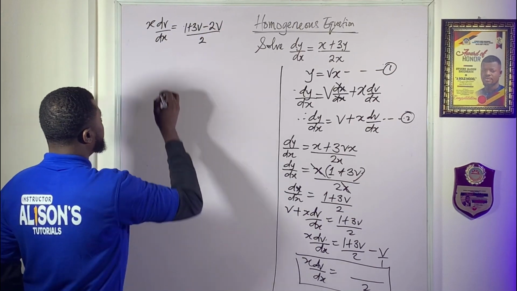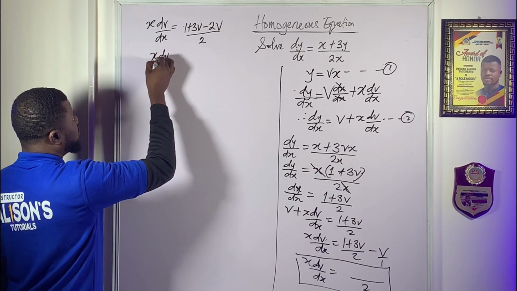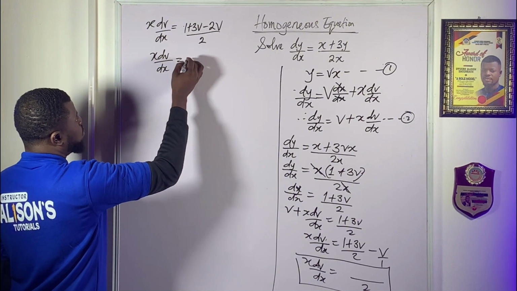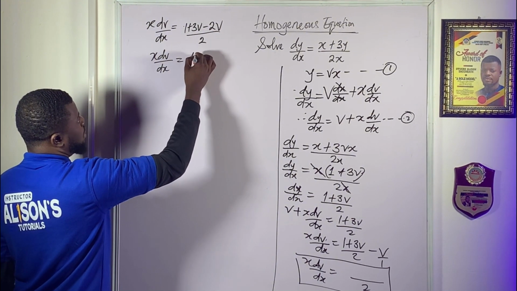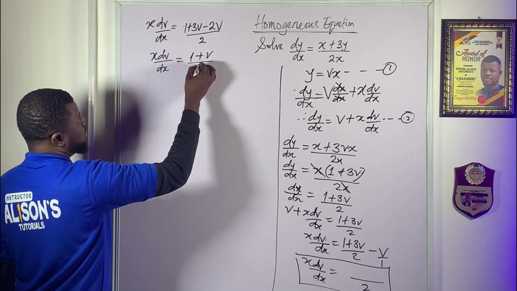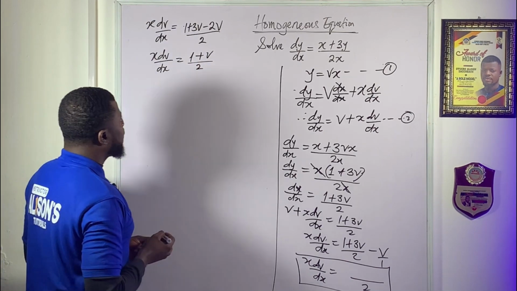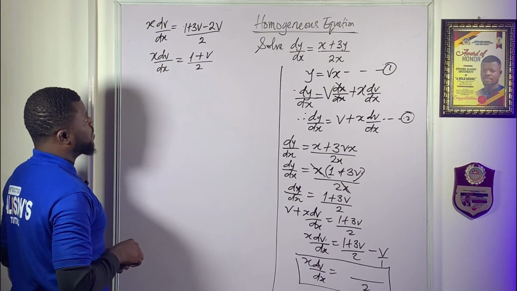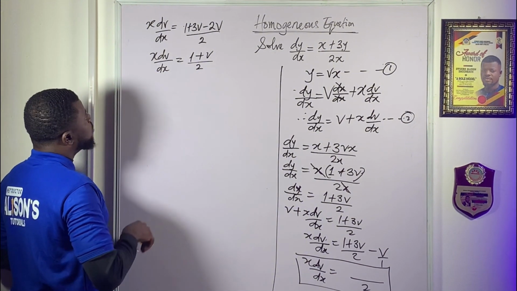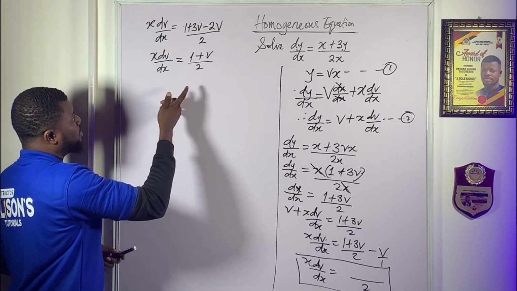So let's make progress. x dv over dx is equal to 1 plus 3v minus 2v, that will just be 1 plus v, over 2. Okay, so what do we need to do? We are still on the separation of variables. So what we need to do, to keep it simple, let's